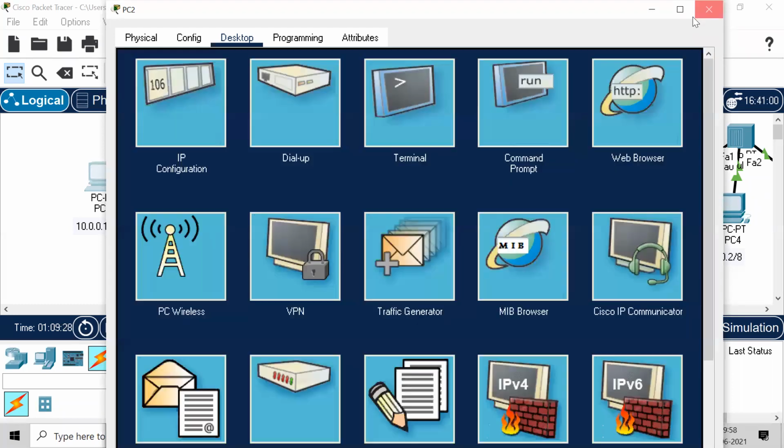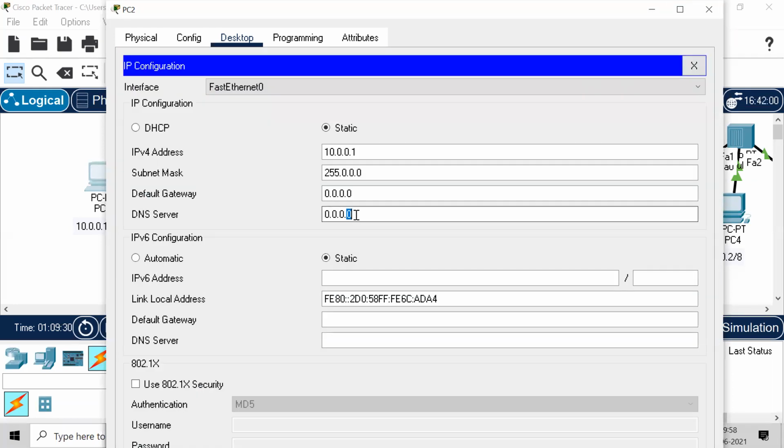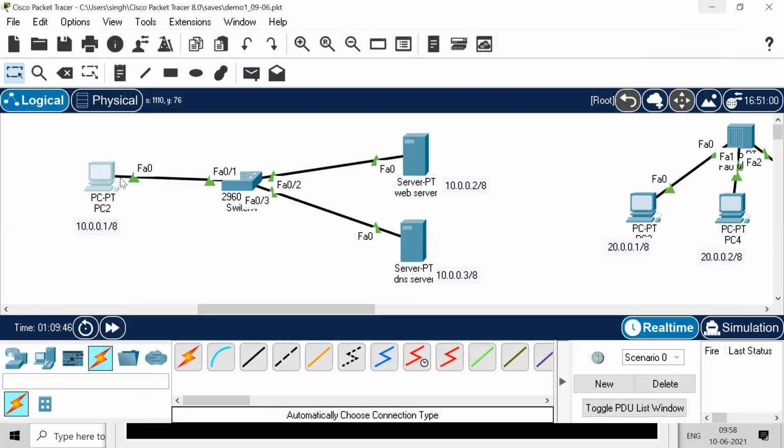So what I have to do is go and put in the DNS server address, which was 10.0.0.3. Now, all these things we are doing in a static configuration. In our computers, everything is done in a dynamic way. That is dynamic host configuration. So we don't set up any IP or any server address. It is done by your provider. So now when I go and resolve it,